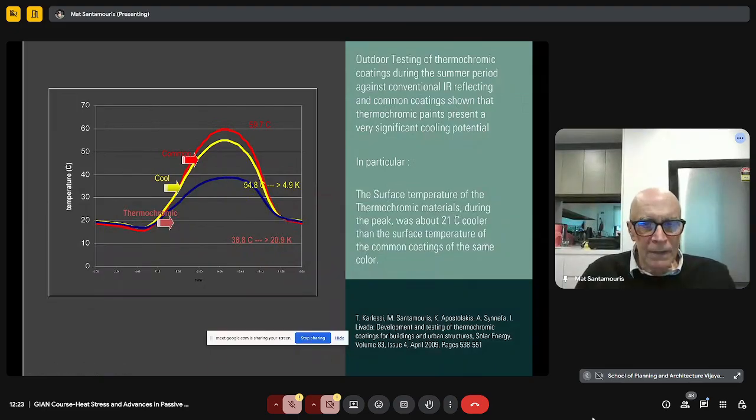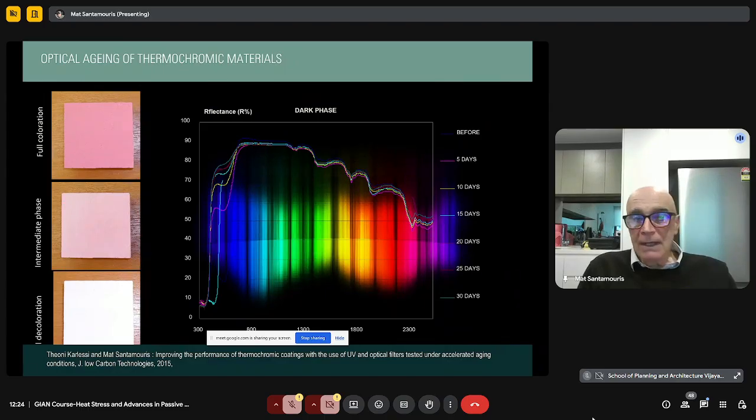With the thermochromic materials, we succeeded to decrease the surface temperature by up to 21 degrees. A tremendous performance and a tremendous impact. These materials are commercially available, but they have a small problem: fading, really fast weathering. They lose their optical properties very fast. After 3 or 4 months, they may fade. They may lose their color, and from any color you may have, for example, the pink one may become white. So they are losing their properties.